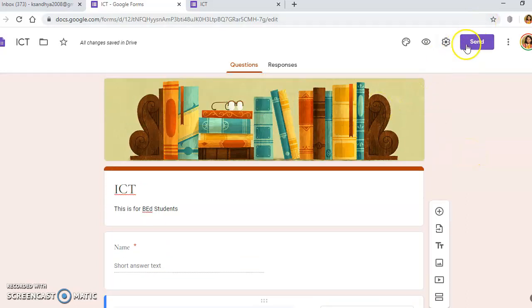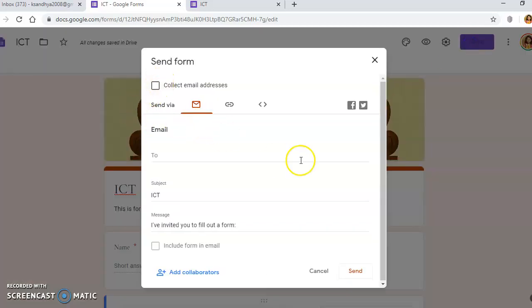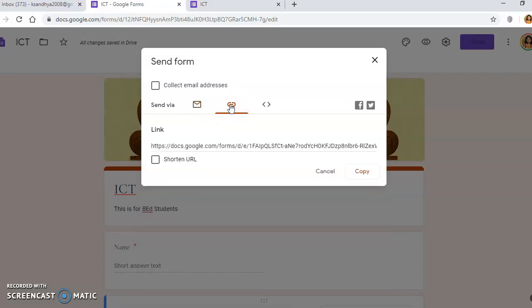And immediately after filling your Google form, this certificate will go to the participant who has attempted the quiz. Okay, so if I want to send this Google form, click on send. Again, it will show you some options. You can send it through email. You just type your email and you can send this form, or you can send it through a link, like on a WhatsApp group we get a link. So this link looks a little bigger, so I will shorten it. So you will get a small link. You can copy this link from here and you can share it with your students or friends to fill the form.